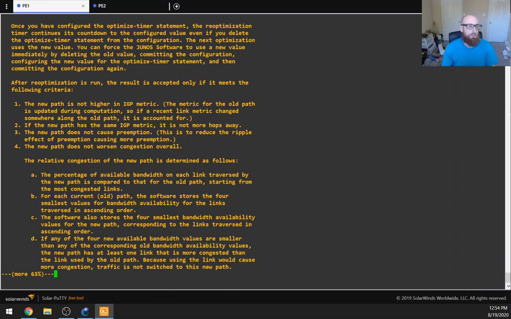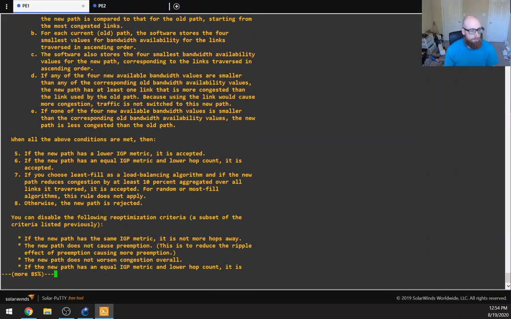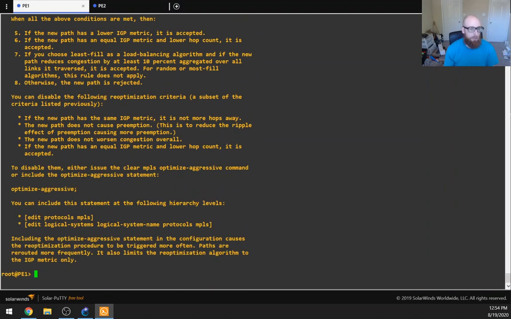After re-optimization is run, the result is accepted only if it meets the following criteria. Okay, so this is obviously a really good